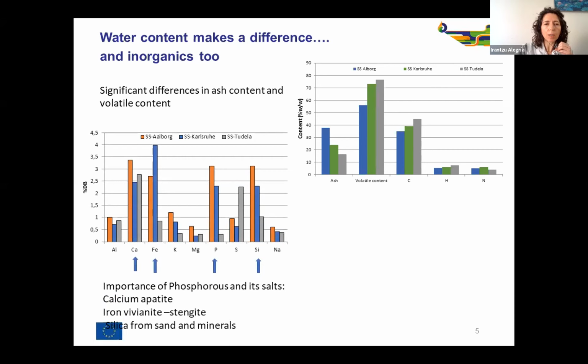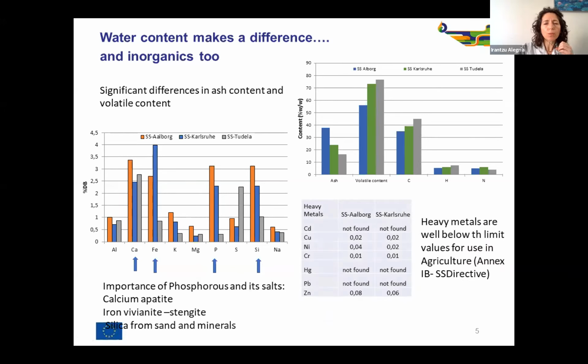As for the macro elements, we would like to remark on the amount of phosphorus and how it is presented combined in salts with calcium, forming calcium apatite, and also in combination with iron, forming vivianite. It is also relevant the amount of silica that is found in the form of sand or minerals. We have also looked for heavy metals for the samples of Aalborg and Karlsruhe,